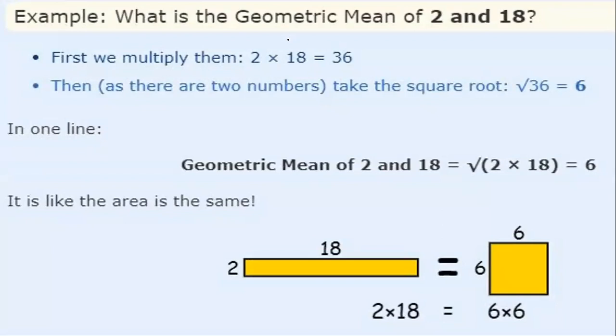What is the geometric mean of 2 and 18? So first, multiplying 2 into 18 is 36. And as there are only two numbers, we have to take the second root, that is the square root of 36, and that is 6. Now some of you, not all of you, but some of you must be thinking, why only plus 6? Why not minus 6? If it is in your mind, then there is a proper answer to your doubt.